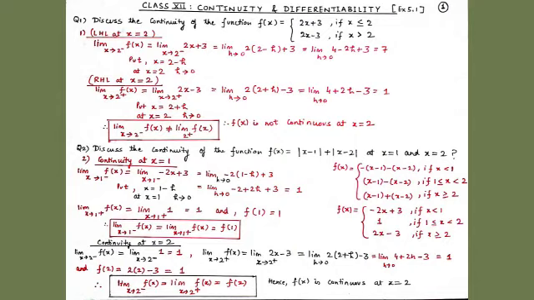And now we will check our function f(x) at x equal to 2. So student, f of 2 will be equal to 2x minus 3. So when we put x equal to 2, we get 2 into 2, 4, and 4 minus 3 is 1. So here also you can clearly see that our function f(x) is continuous at x equal to 2. So we can write this as limit x tends to 2 minus f(x) is equal to limit x tends to 2 plus f(x), which is equal to f of 2.